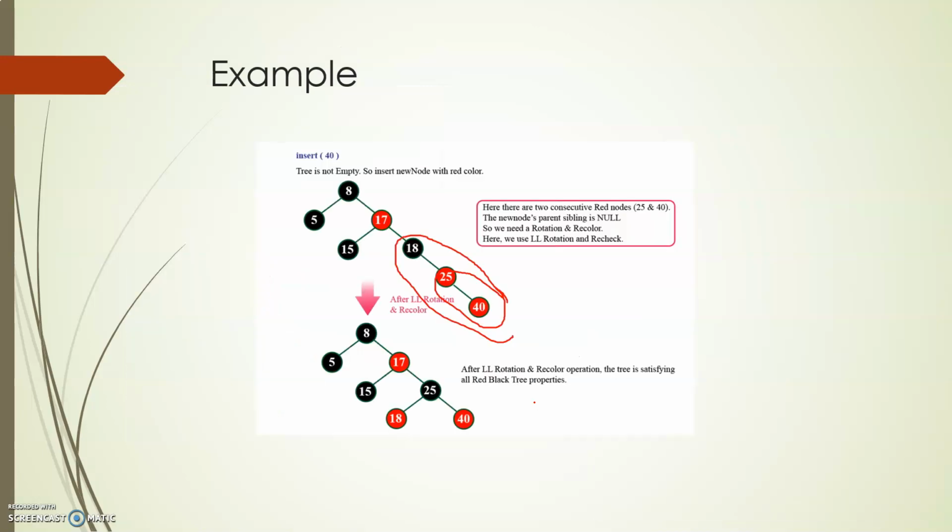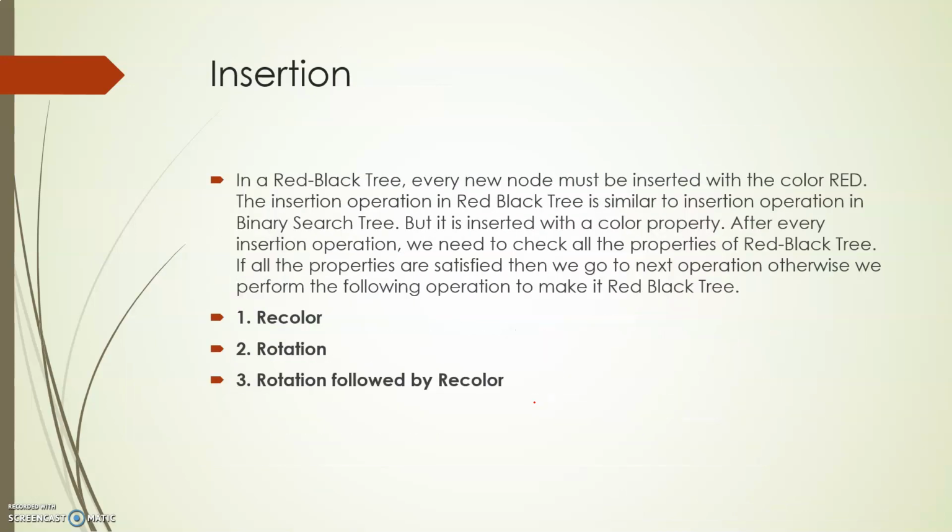So I hope you've understood the process. So this is how a red black tree is done. You have recoloring and you have the rotation process. A red black tree is an optimized search tree wherein the nodes are colored either red or black in color. It has to satisfy the 6 properties. If not, it has to be recolored, rotated, or rotation followed by recolor. So I hope you've understood the process.